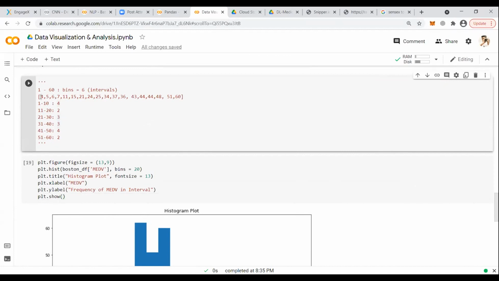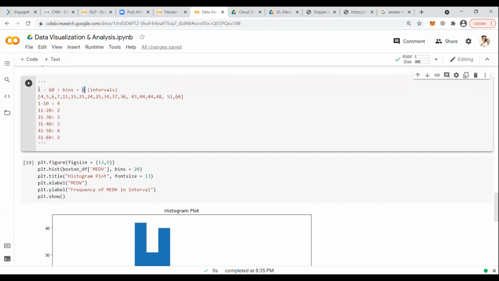So in the theory part, we have got values 4, 5, 6, 7, 11, 15, 21, 24, 37, 36, 43. These are your values. So my range of the data is between 4 to 60. Let us assume I'm taking 1 to 60. Between 1 to 60, I want 6 intervals. Whatever number of intervals you write will be called bins.